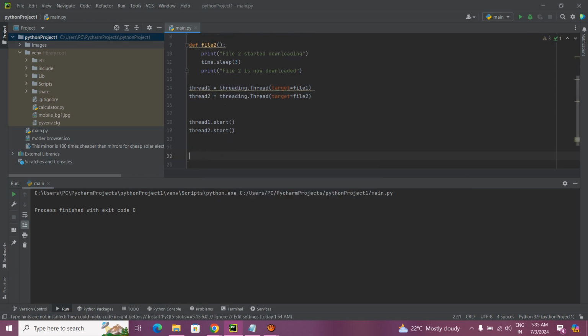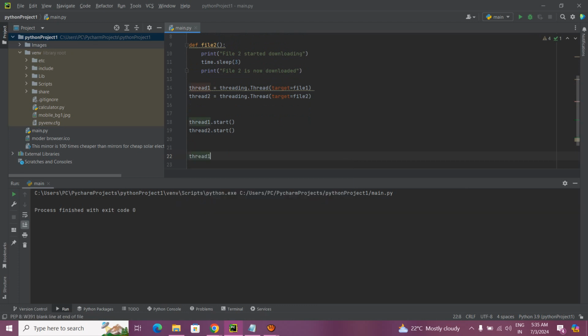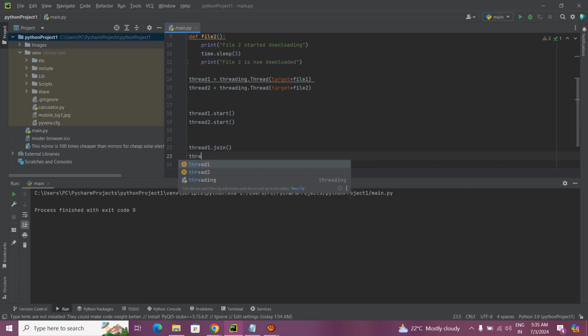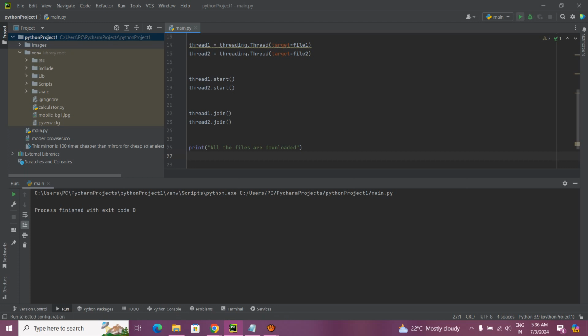Okay, then we are going to wait for the threads to complete: thread 1, thread 2, join. Once that is done, we are going to print out the message all the files are downloaded. All right, now if I run it,